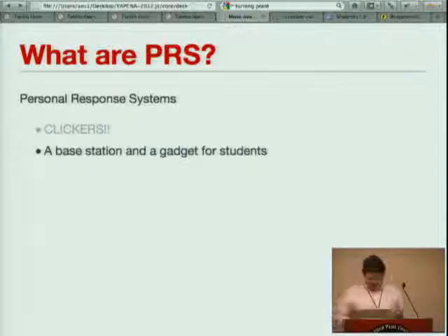The problem with the clickers is, number one, you have to get this proprietary base station. That's usually a black box. Various producers talk up the sort of open source aspect of their offering.